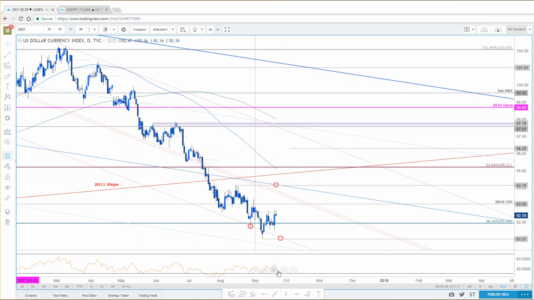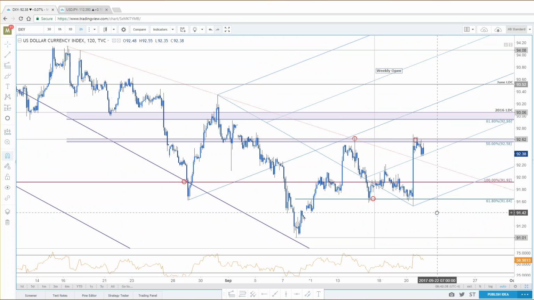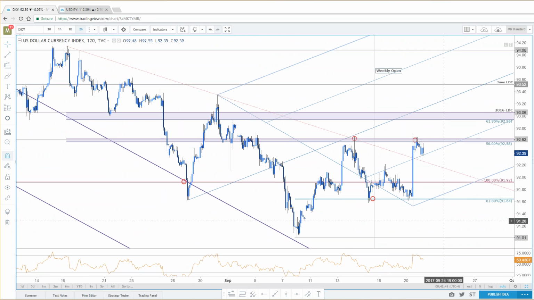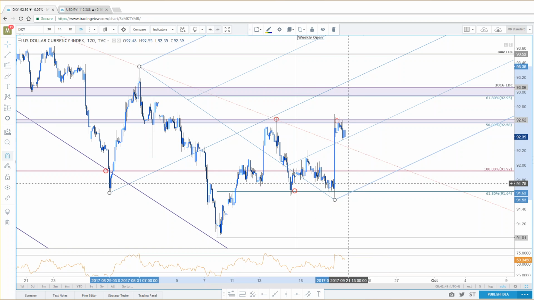Obviously, we've been talking about the building divergence, and we've been looking for the rebound, probed a little bit lower than we would have liked. But again, markets don't work in a vacuum. Here's the push higher. On the intraday chart, I'm not a big advocate of this fork that you see here, but I just wanted to show you as a reference. I'm kind of working to see what price action does over the next couple of days to see if this slope makes any sense.